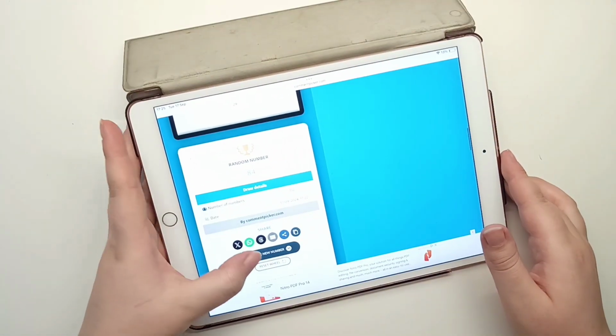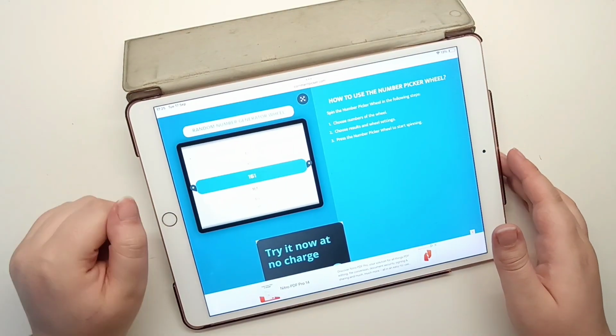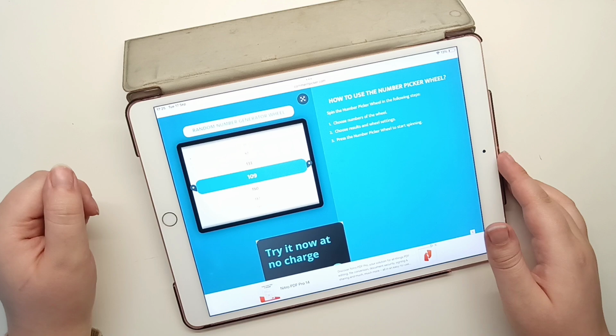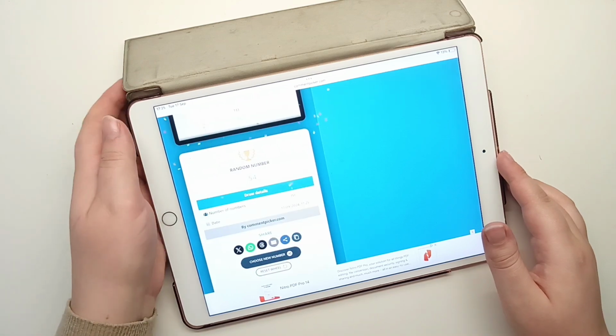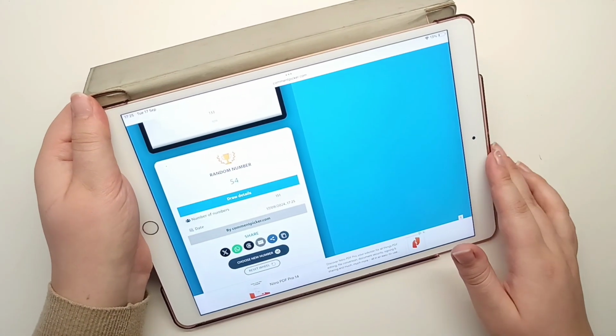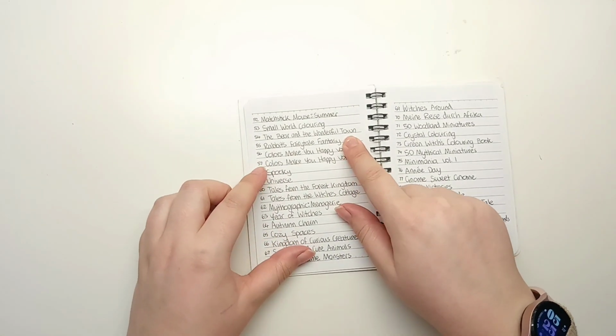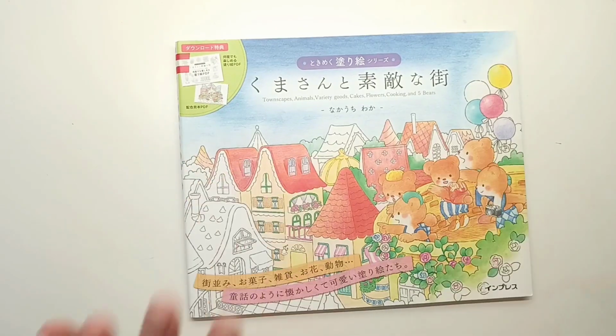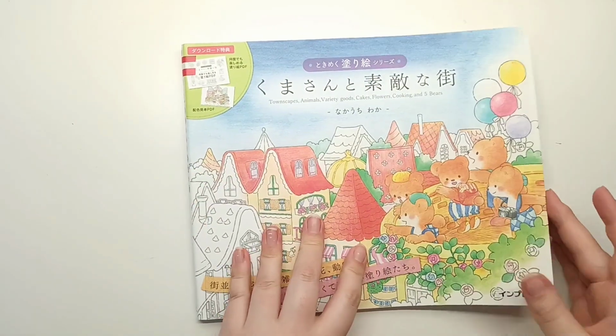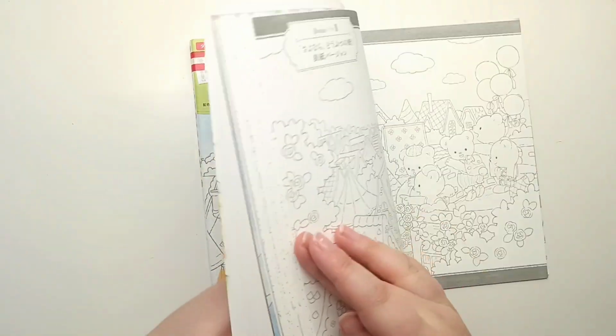Moving on. Randomising these books is so much fun. I definitely recommend you doing it. Okay, we've got book 54, and that is The Bear and the Wonderful Town. This is an uncoloured book for me. It's one of those Japanese books in the Tokimeku series. This, as I said, is uncoloured,